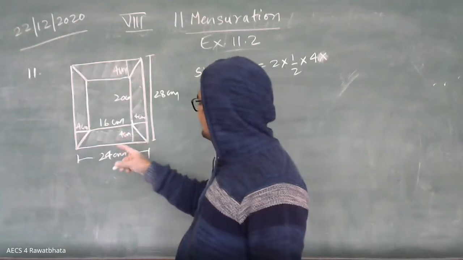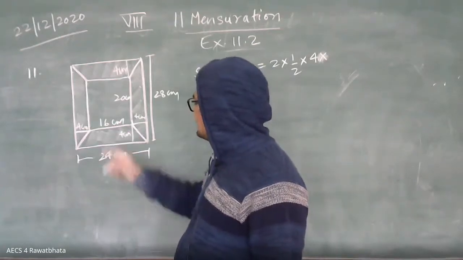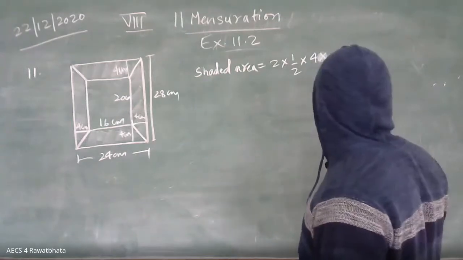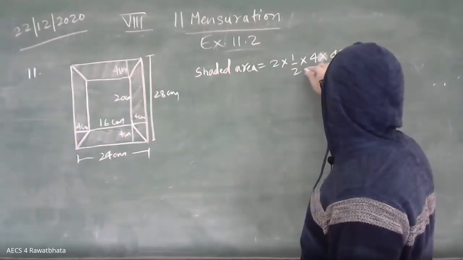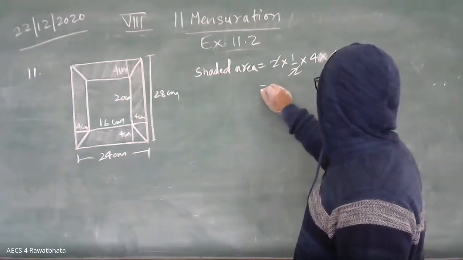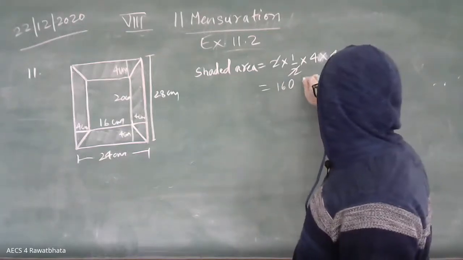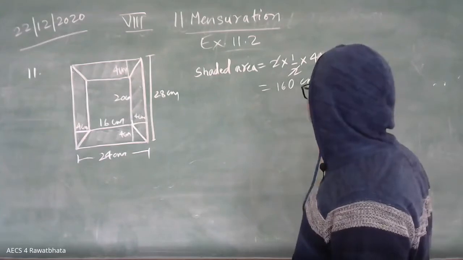Parallel sides are 24 centimeter plus 16 centimeter, that is 40 centimeter. This 2 and 2 get cancelled, and 4 into 40 is 160 centimeter square, plus